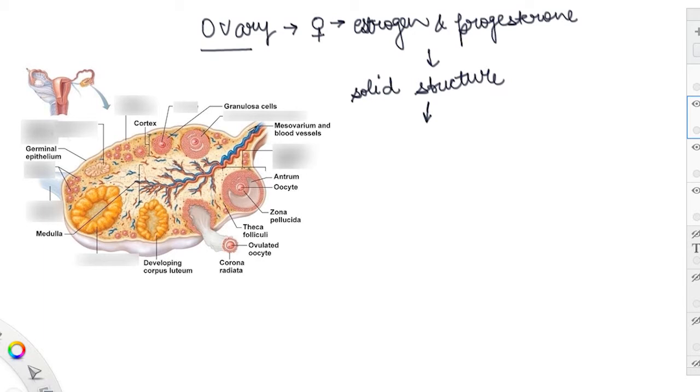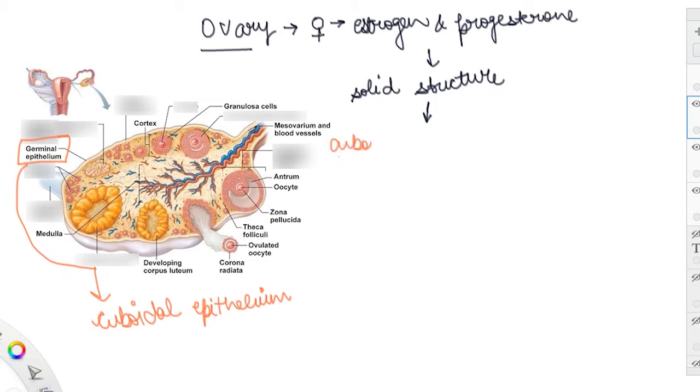So this ovary is made up of the cuboidal epithelium that is known as the germinal epithelium. What is so special about this germinal epithelium? It is the cuboidal epithelium. See, I am writing here just to explain the concepts. It is made up of germinal epithelium cells. So the ovary is made up of particular cells that are known as germinal epithelium.